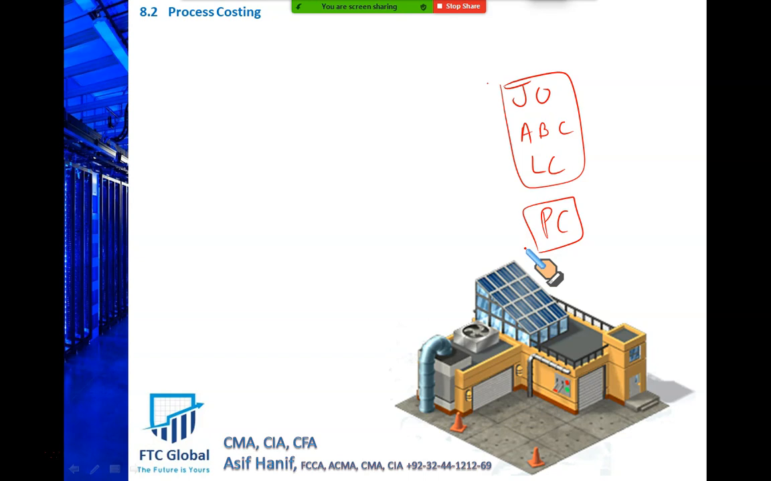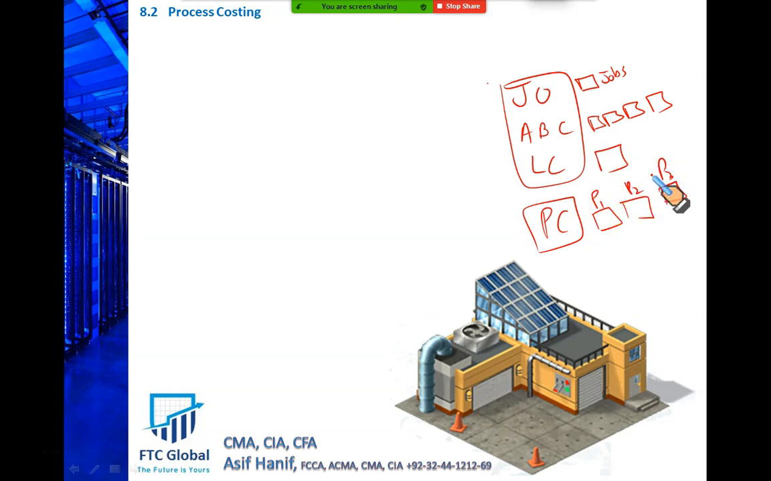So basically all these 4 cost accumulation systems accumulate, add up the cost. In job order costing, we accumulate costs based upon different jobs. In ABC, we accumulate costs through different departments or activities. In life cycle costing, we accumulate cost over the life of a product. Whereas in process costing, we will accumulate cost of different processes, process 1, process 2, process 3, and so on